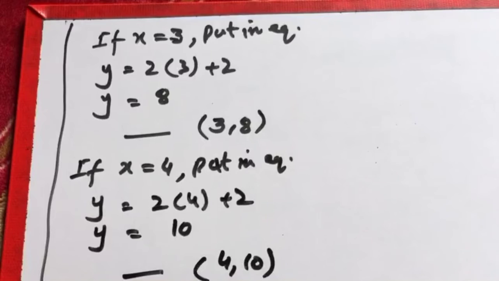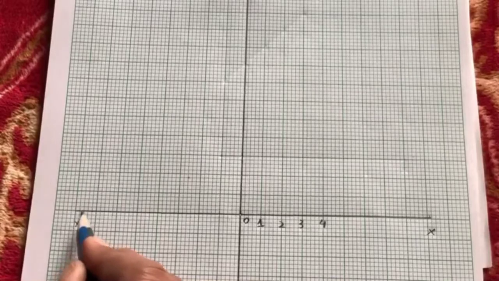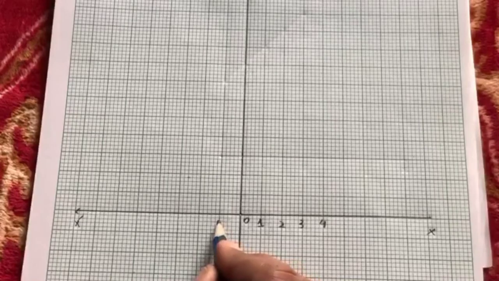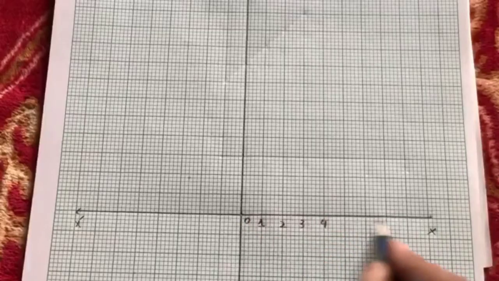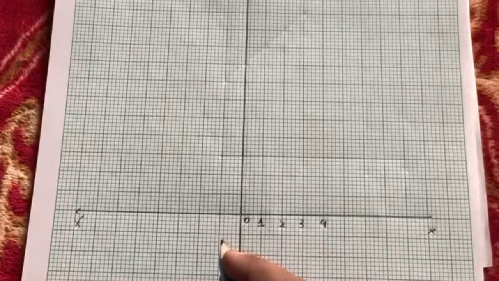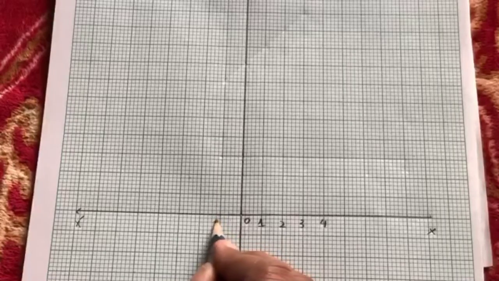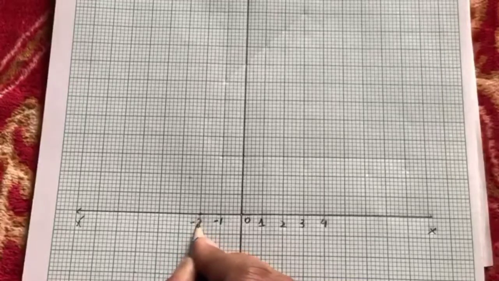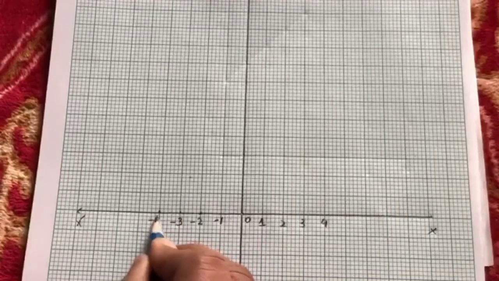So these are the points which you will draw on graph paper. On the x-axis, the negative values go to -4. On the right hand of the origin we have the positive values of x, and on the left side of the x-axis we have the negative values of x, so 1 centimeter represents 1 unit. So we'll give it the name -1, and the second box we give the name -2, and here -3, and here -4.